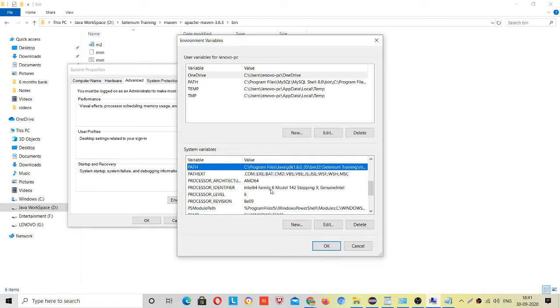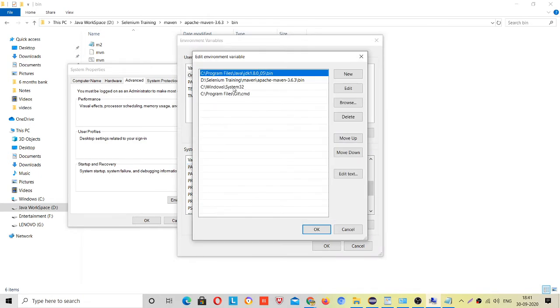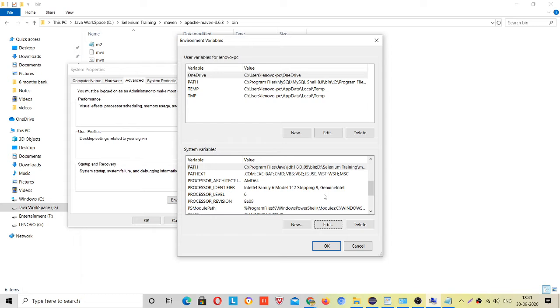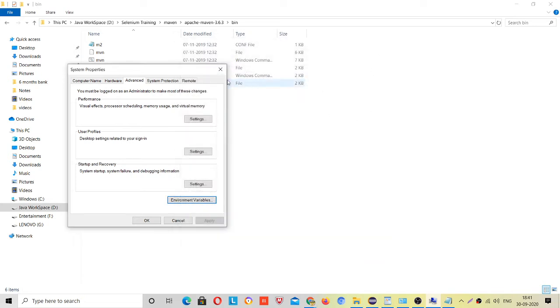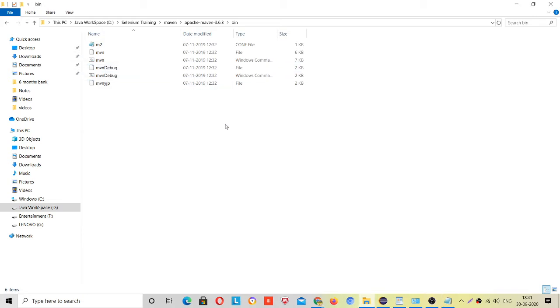If I come to Path and double click, this is your Maven path. Till here you have home, and after that it comes to path. So you have to set up MAVEN_HOME and then the Path. Now you are okay to work with Maven.